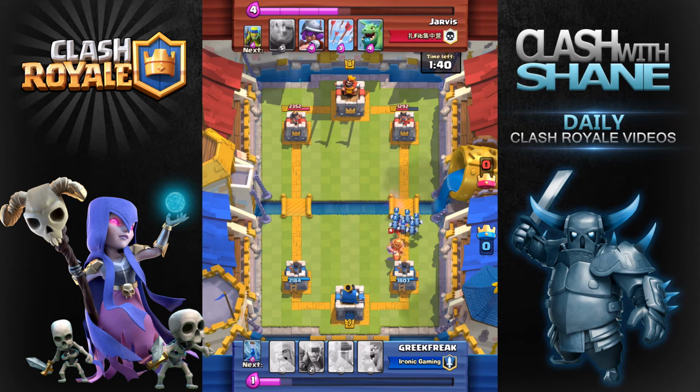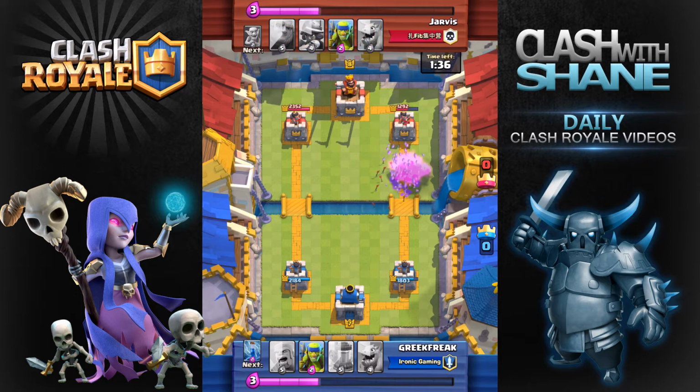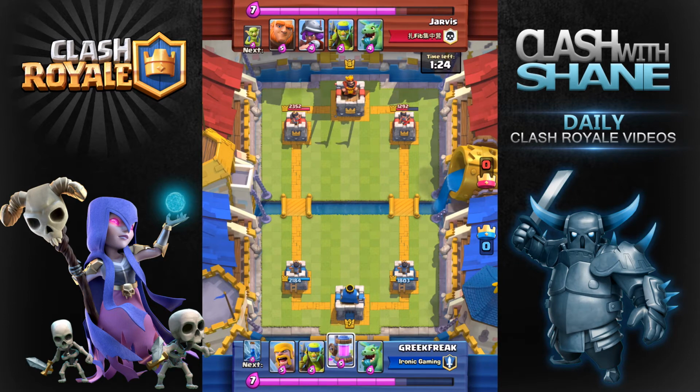Now he does have that bomber supporting that prince, so Greek chose to use the minion horde to take out that entire push. Now Jarvis did have the arrows ready, but by the time they reached the minions, the prince and the bomber were already dead. So sometimes, guys, you have to let the prince get like 1 or 2 hits off on your tower and choose to use air troops to defend instead of the low health goblins,